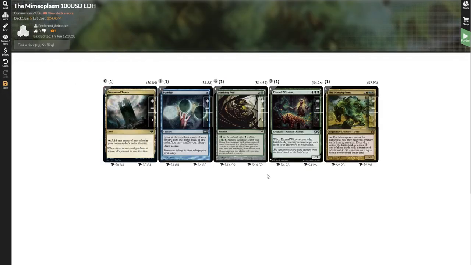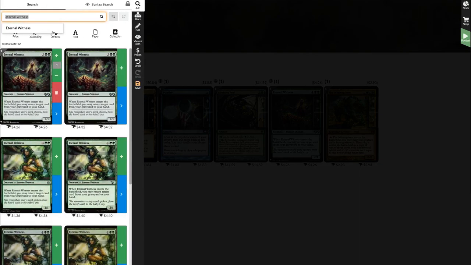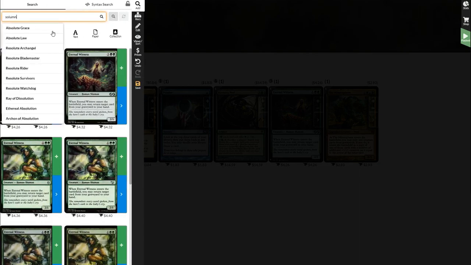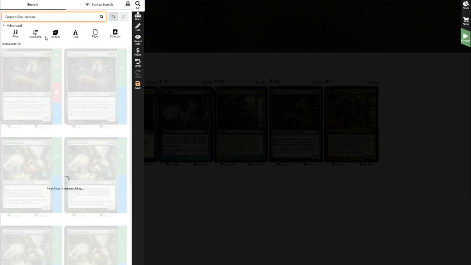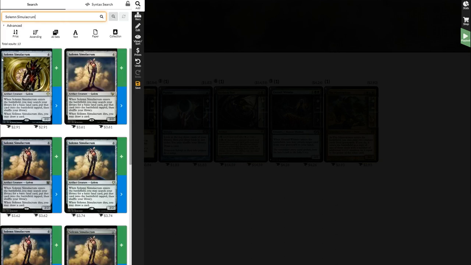But if you played Modern, if you played Magic, you probably have an Eternal Witness lying around that you can use. And I sorted these by budget. I'm not sure why it's putting a 3 in front of a 4. That's fine. But then, you throw away to... I can't spell words. I'll try Simulacrum, which should be easier to spell, since apparently I'm spelling Solemn wrong. Yeah, I was trying to put a U in there. Solemn is another little nice...